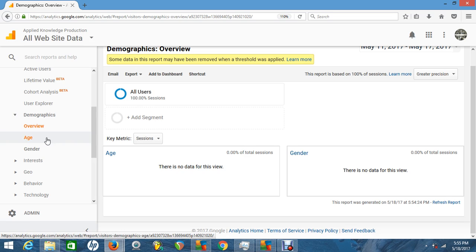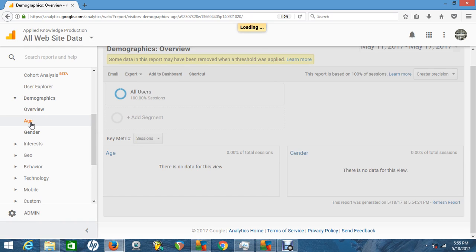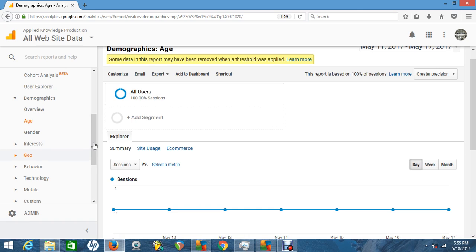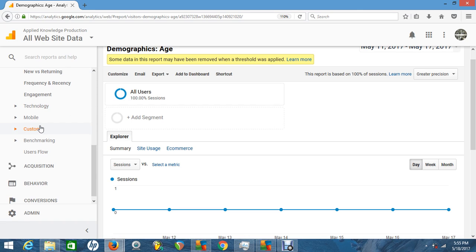But if you look over here in the left tab, it'd be better if you actually made yourself a profile. That way you can see a little better. Under demographics, you have the overview, which is everything. You're seeing everything like age and gender all there. But then you can go into the age itself and look a little bit deeper. You can go into gender, and then you can go into your interests and the geographic location,